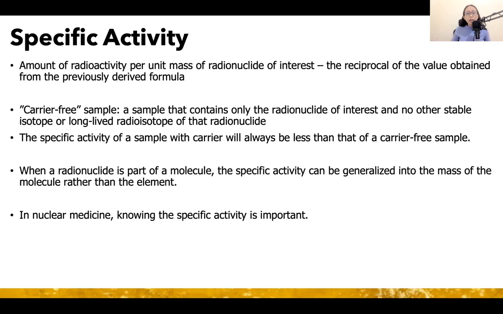Furthermore, when your radionuclide is part of a molecule, the specific activity can be generalized into the mass of the molecule rather than the element. So for example, in our previous problem, we are focusing on the metastable technetium-99. So it is possible for this radionuclide to be part of a molecule. And that molecule is pertechnetate with a chemical formula of